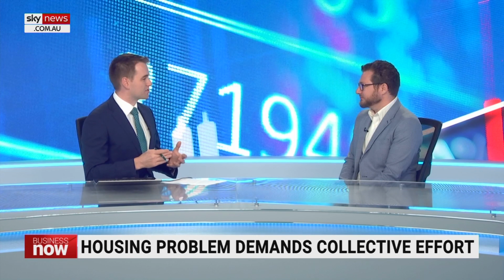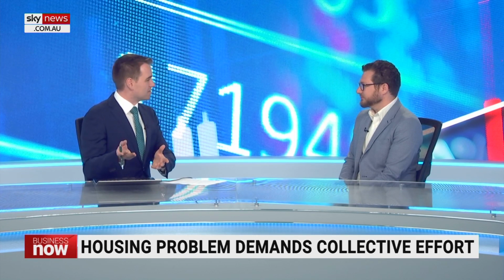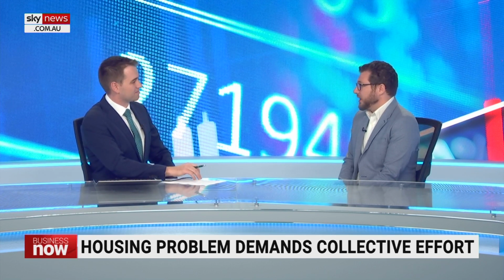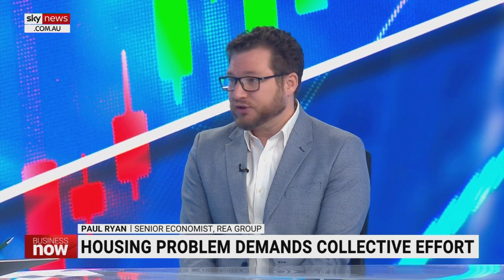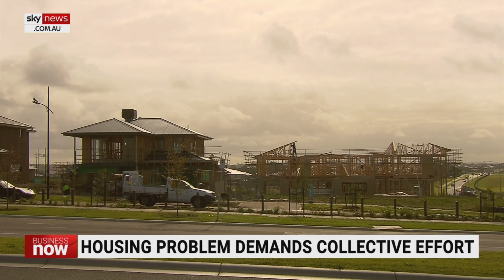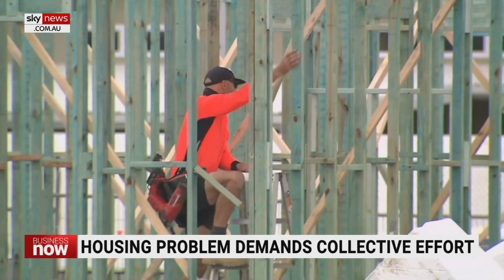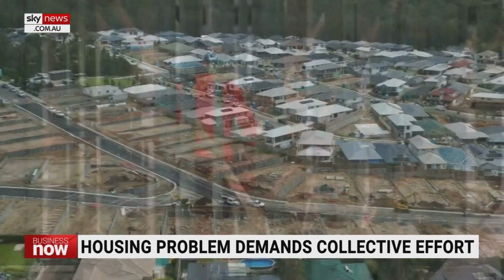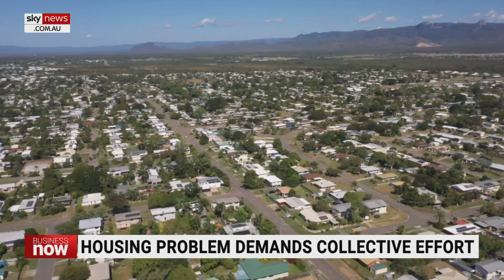And who needs to step up? Does the government need to do more, provide more incentives to build property? Is that one of the solutions, or is this meant to be led by the business sector? I think we need a coordinated solution. I think we need to understand what the constraints are for businesses, and a lot of it's uncertainty and cost overruns and really getting projects started. And it's about facilitating building. So where can builders build? Do they not have to go through years and years of fights to get approval to put high density property in our most desirable cities? I think both business and government need to come together to think about how we can build more homes